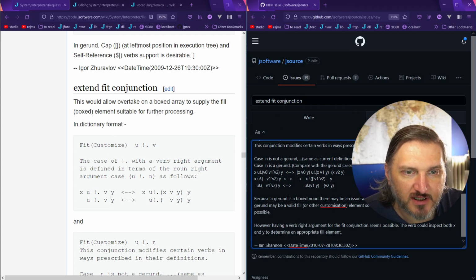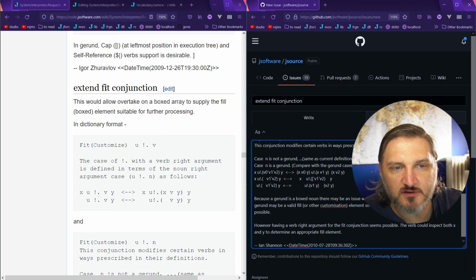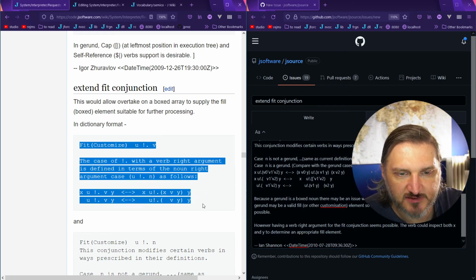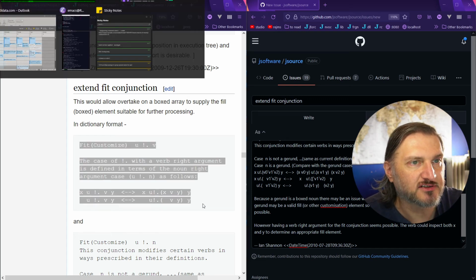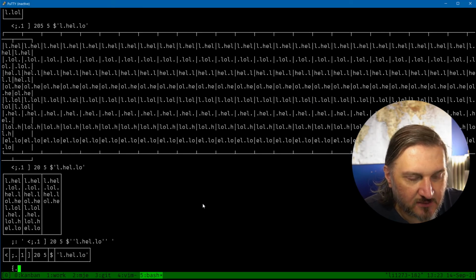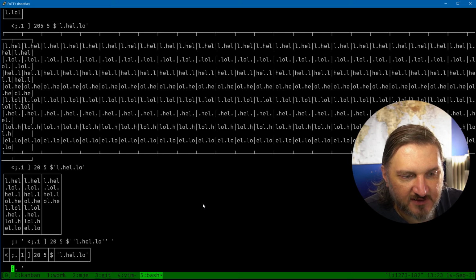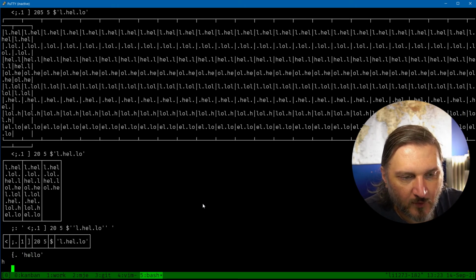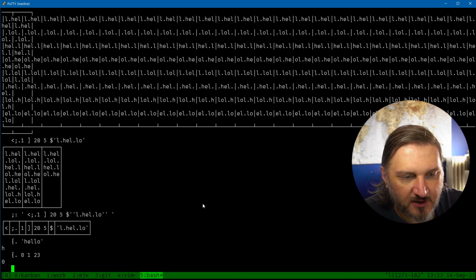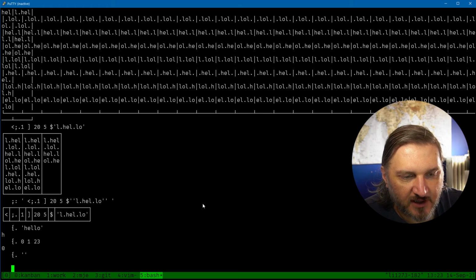Would allow overtake on a boxed array to supply the fill element suitable for further. So fit actually does a bunch of different things. So like when you're taking numbers, I can actually show this one because I understand this. So when you take, this says give me the head of this string. Hello. All right. Well, give me the head of this list of numbers. So what happens if you ask for an empty string? Right, you get a